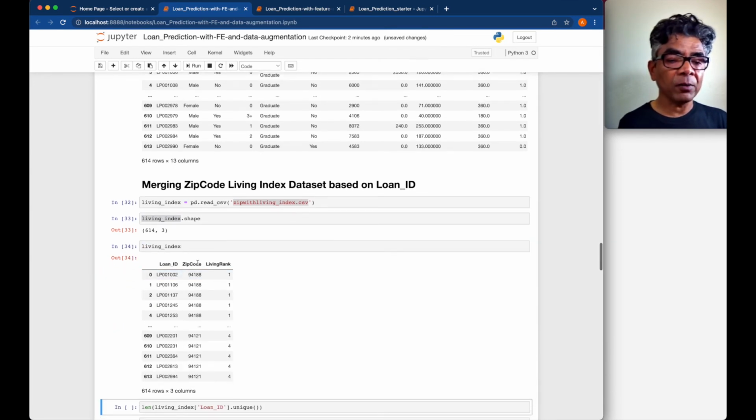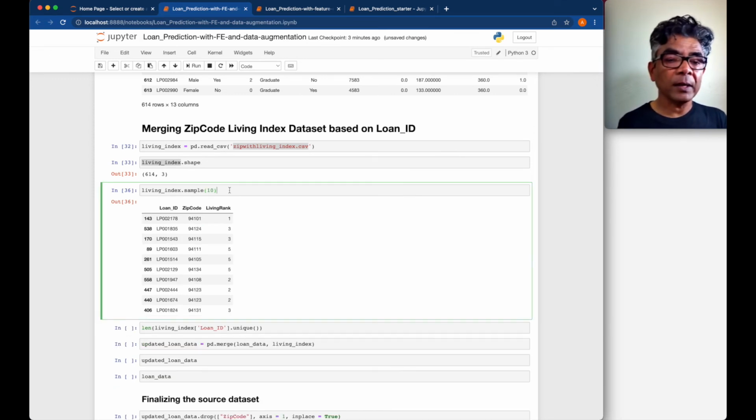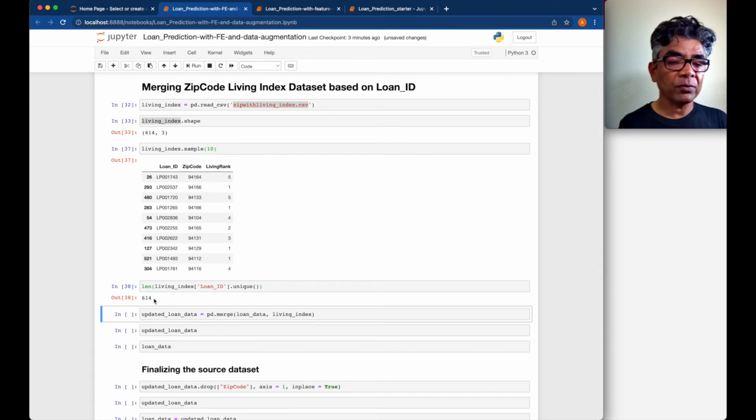As you could see here, it looks like this, and we could do 10 rows, so you can get an idea. So these are the rank here. If you see here, the total number of 614 loan IDs, unique values for 614 unique loan IDs, there is a zip code associated with that, and for the zip code we also have the rank. So now in order to do the data augmentation, we need to merge these two data sets together,